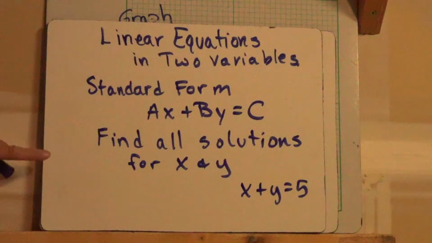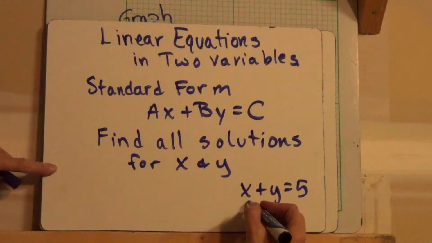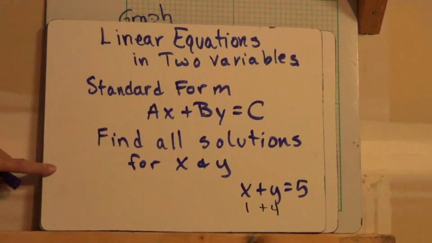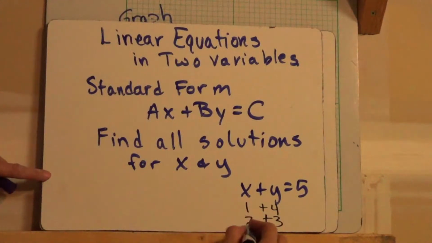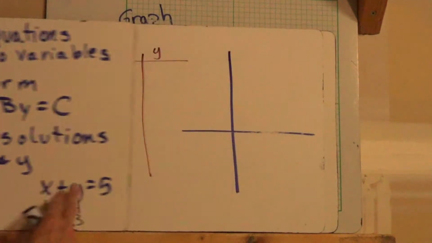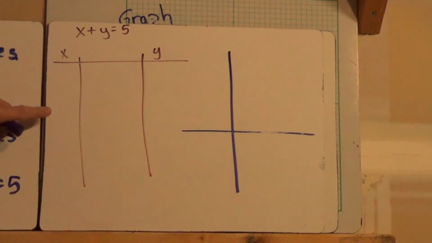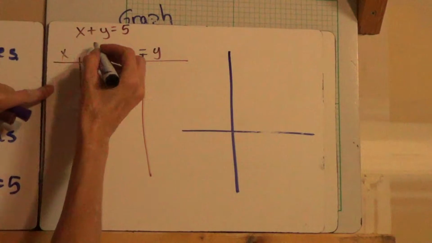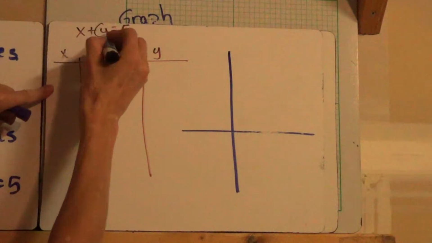Think of solutions. Well, you're saying x could be 1, that would make y 4. Maybe somebody else said 2 and 3. Maybe 3 and 2. I think we better get to a new board because we're running out of space here. So let's just switch this around so that we can have the y by itself. And to isolate the y,